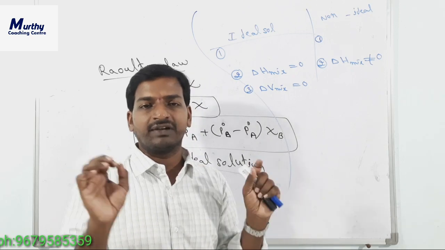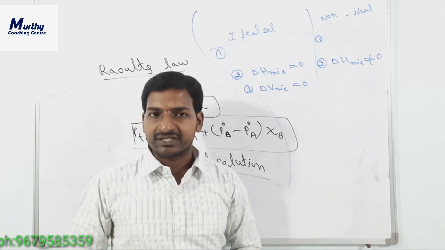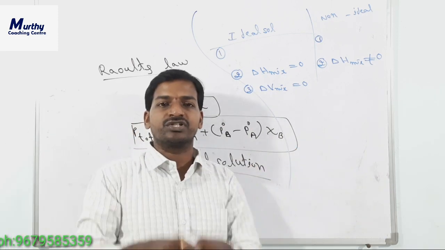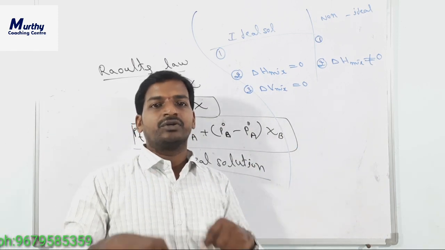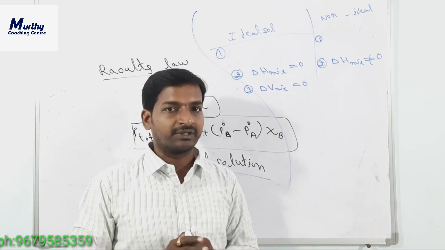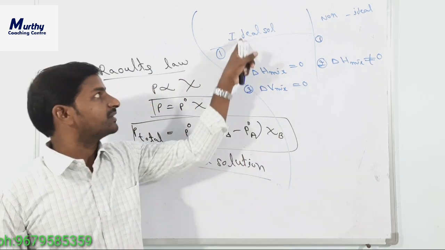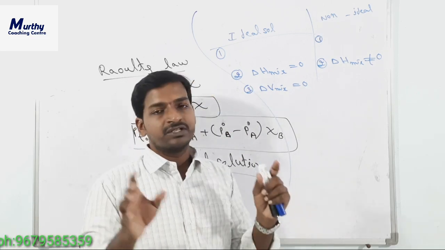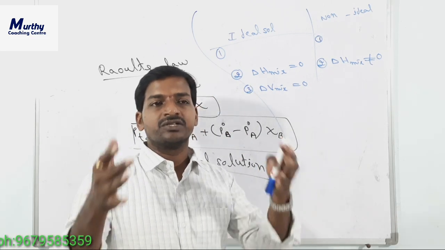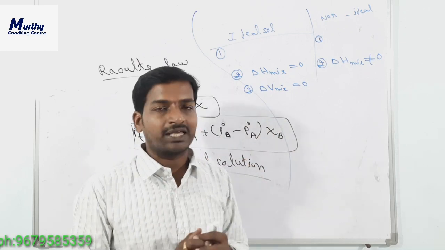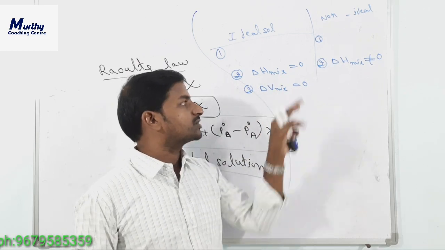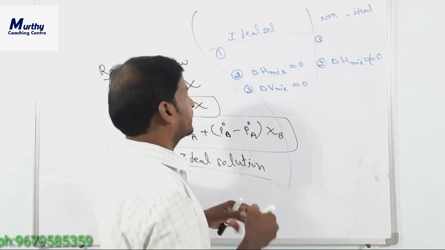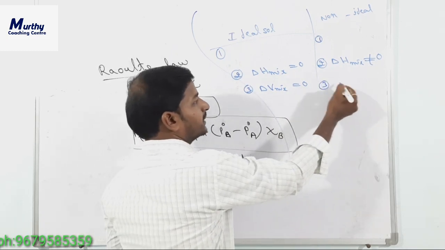They will ask you a question: A and B, two liquids are there. A liquid is 5 ml, B liquid also 5 ml. After mixing, the solution volume becomes 10 ml. Find the nature of the liquid. Like that they will ask you a question. Then we consider that is the ideal solution. Means during the formation of solution there is no expansion or compression, so the intermolecular forces are almost the same. Then we consider delta V mixing is equal to 0. That's why it is the ideal solution. Next one, the non-ideal solution condition.